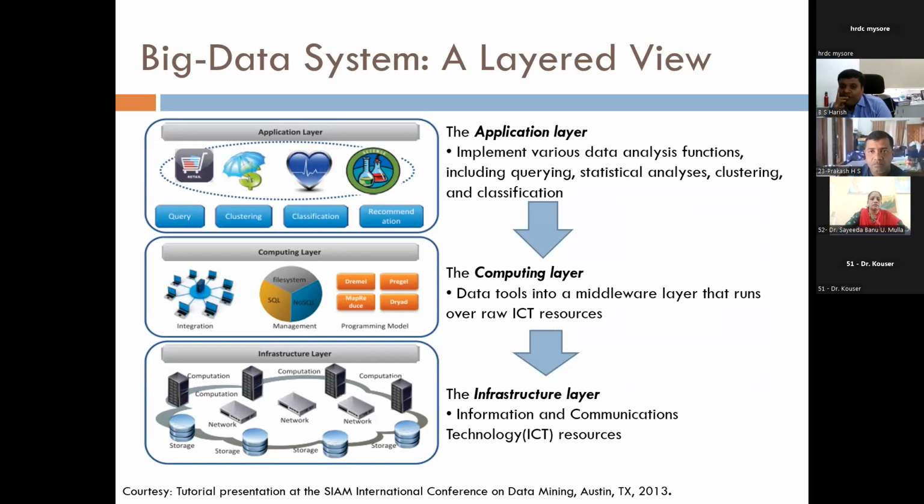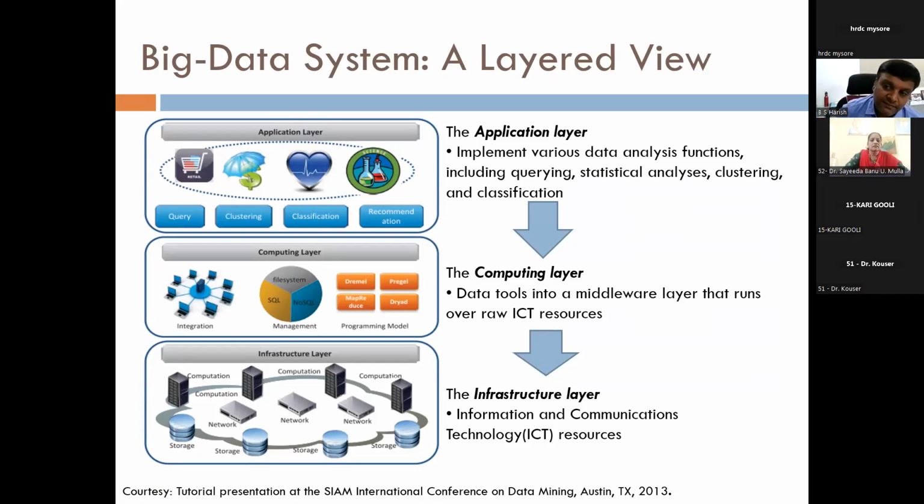Or why do we want to go for layered architecture? Is there any answer? Sir, all users are not scientists of computers. Okay. That's why some applications will be user-friendly to that extent, and research-friendly to that extent. That's why this kind of layered view is necessary. Okay. So very trivially, how can you explain the concept of layered architecture?